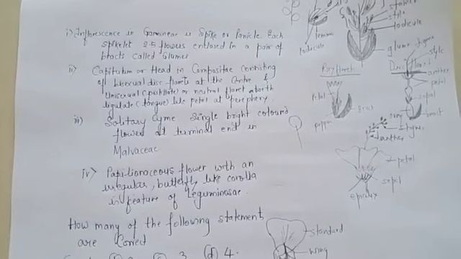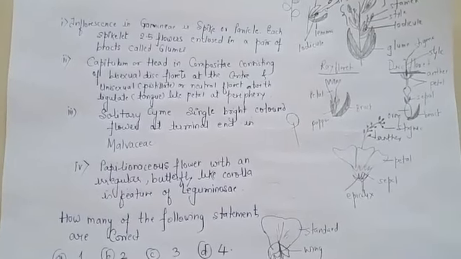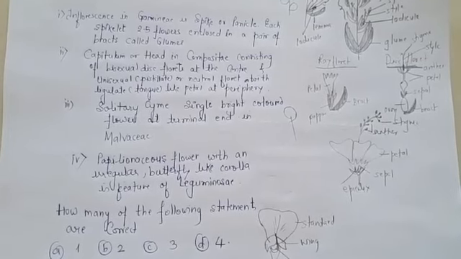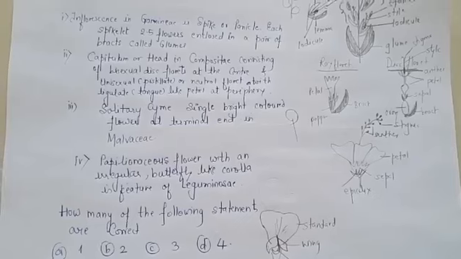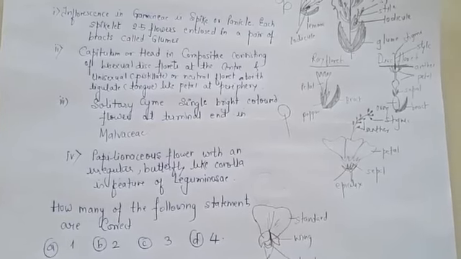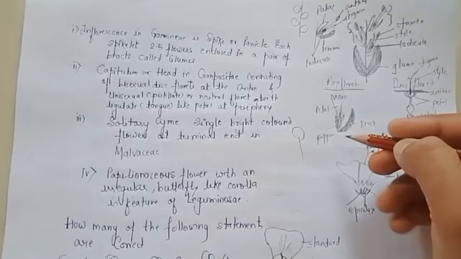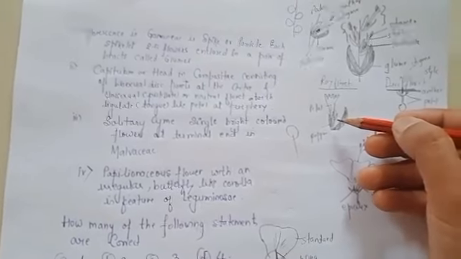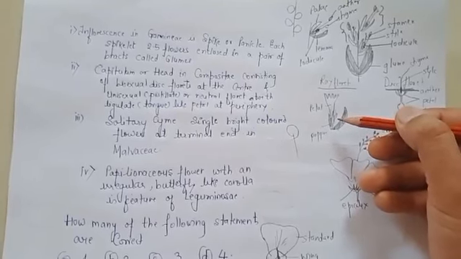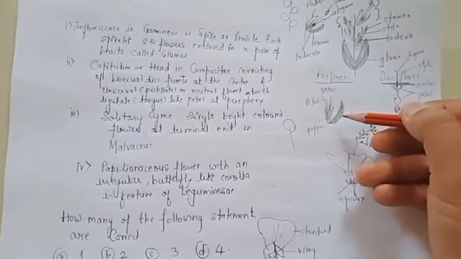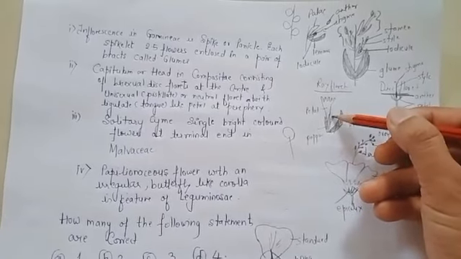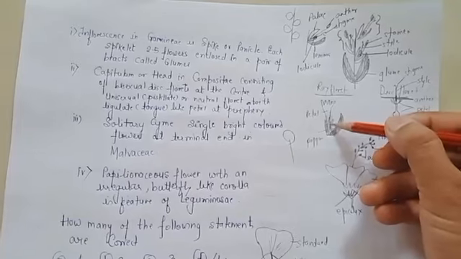Capitulum or head in Compositae consisting of bisexual disc florets at the center and unisexual pistillate or neutral flowers or florets, ligulate, that is tongue like structures at the periphery. So these are the ray florets. If it has a female part, it will be a female flower, or it may be neutral without any male and female structures. So it has a bract, it has a calyx made up of pappus, we call it, and